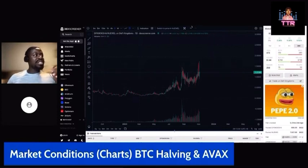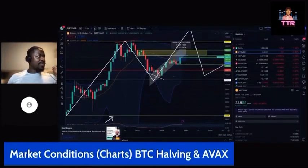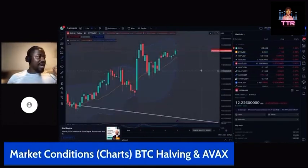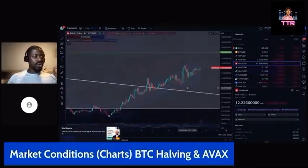What are we expecting from Jewel? What are we expecting from Bitcoin? What are we expecting from some of these assets? That's the chart analysis. So the overall view is bullish. As Bitcoin makes its way to its possible corrective area, we are keeping an eye on our assets and making sure that we can get any indication that we are going to hit those points. And more specifically, we are tracking AVAX because AVAX will make a determination if Jewel is able to make